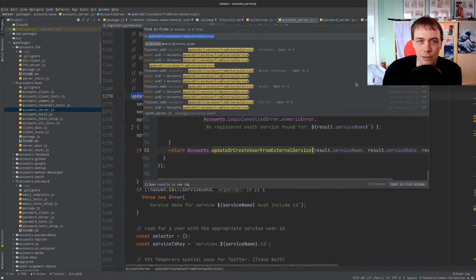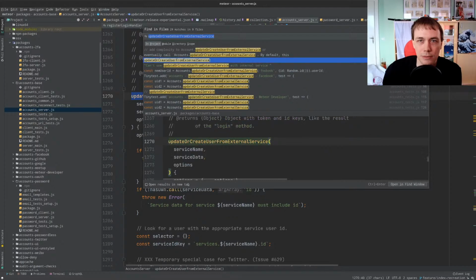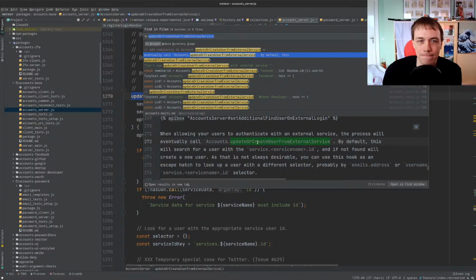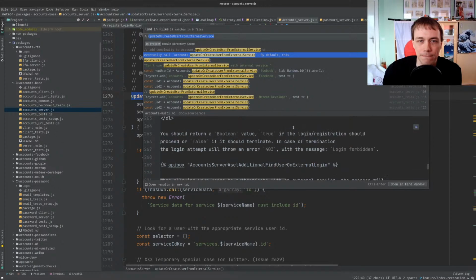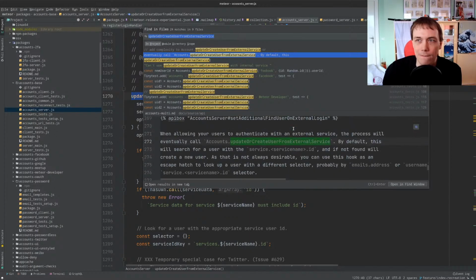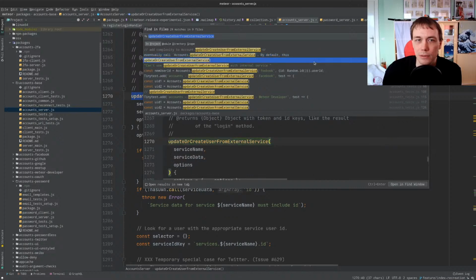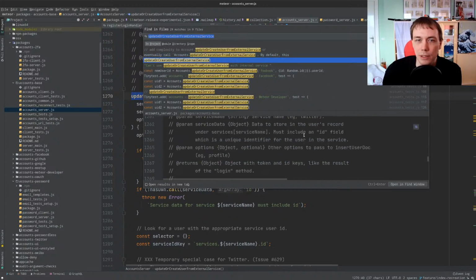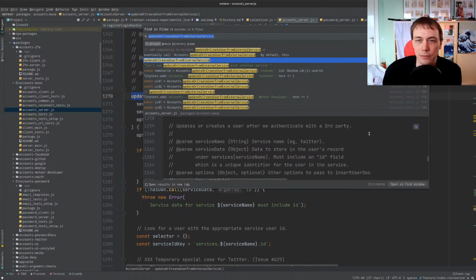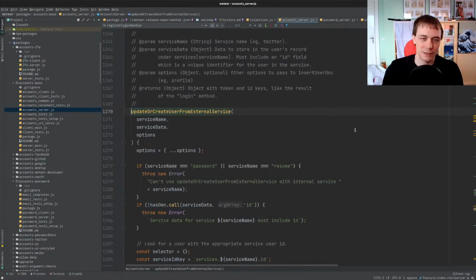So in this case, that's account server. It's still third party, so we'll have to kind of look into this and